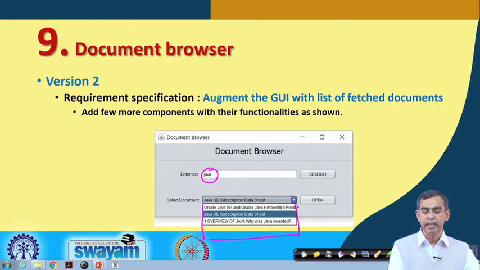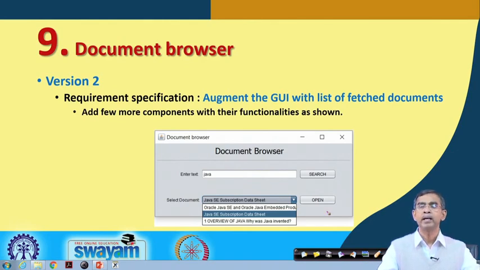Then the user can navigate this list and scroll it, then select one item of his own interest. Once one particular document is selected, the open button will be there. If it is clicked, the document will be opened, and for opening this document, another interface should be there. That means you have to develop another user program which will open the document. You should not use any Adobe PDF or some PDF browser like this. You have to develop the document browser of your own.